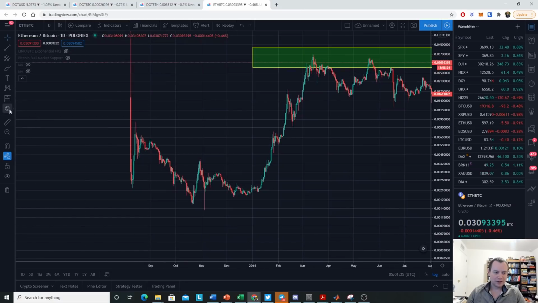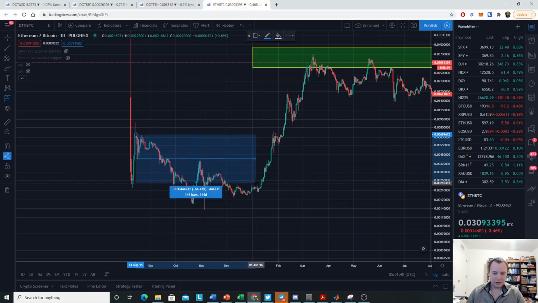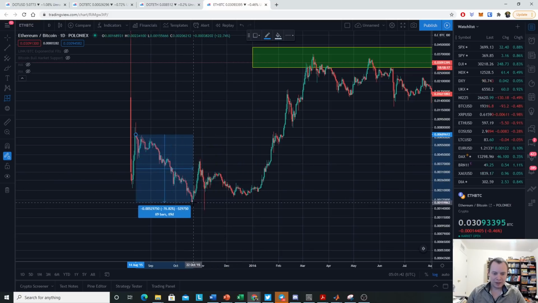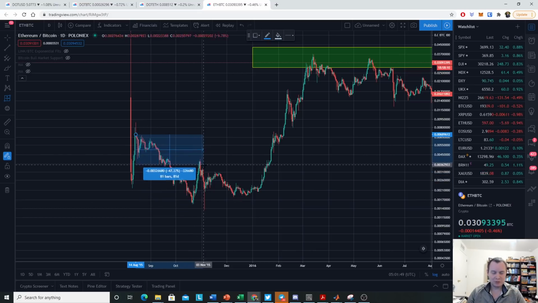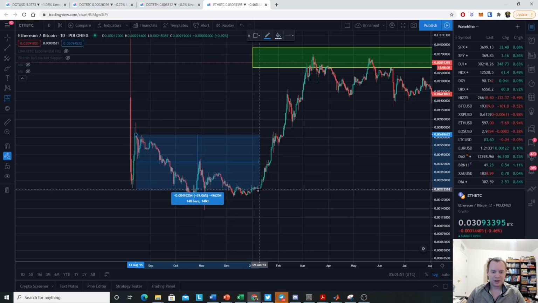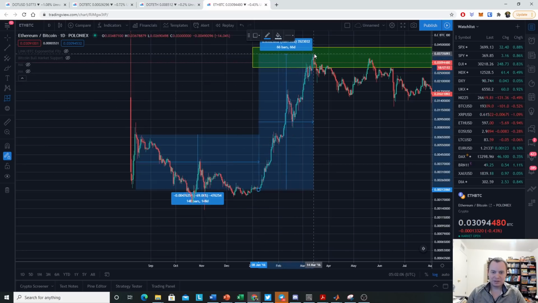From this top, if we just go from, say, the candle, it dropped at the bottom. Ethereum dropped about 75, 76% against Bitcoin before this move, but it was still macro down until over here. So it dropped around 70% over 148 days. So about half a year, not quite half a year, it dropped 70% against Bitcoin. But it did not preclude it from pumping 1,700% from this point.